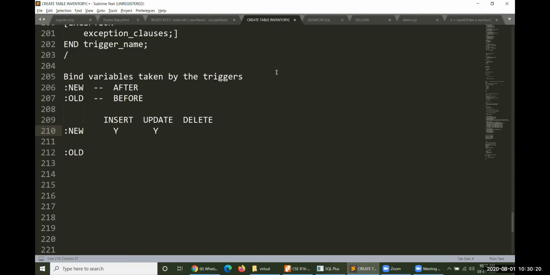Already 20 rows are there. I have operated deletion for one particular row. After the delete operation, do you have the specific row with you? No, that row could not be there. And similarly, if you take before insertion, could you have a new row? No, the row could not be there. After update, old values could be there. Yes, the old value is available, and that could be changed to new. And before deletion, do you have old? Yes, it is. Sorry, old after update, yes, it could be available.